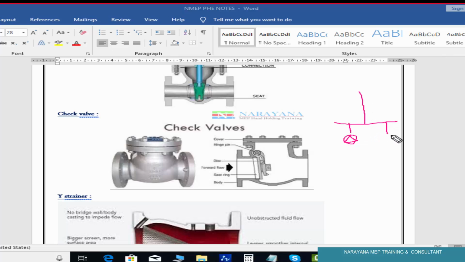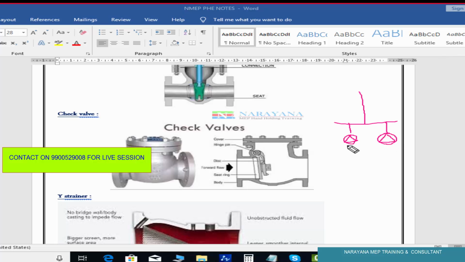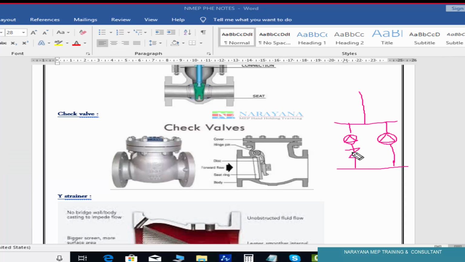In the delivery line, we will give an NRV. The symbol of NRV is like this.